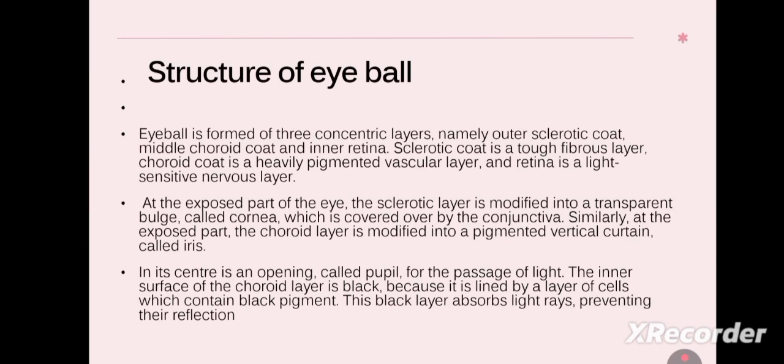And at the exposed part of the eye, the sclerotic layer is modified into a transparent bulge called cornea, which is covered by the conjunctiva. Similarly, at the exposed part, the choroid layer is modified into a pigmented vertical curtain. It's called iris. In its center is an opening called pupil for the passage of light,